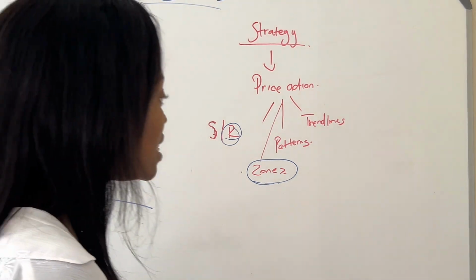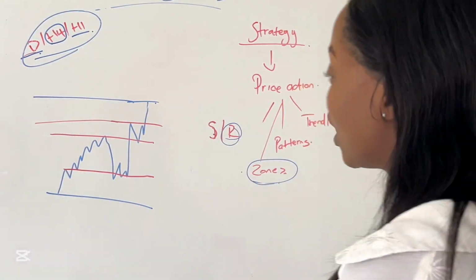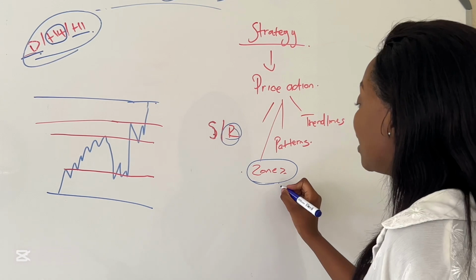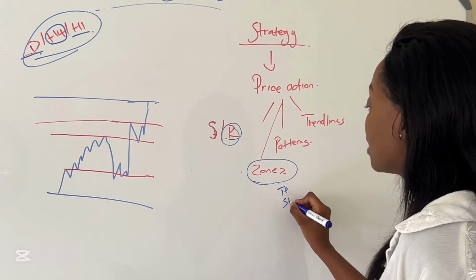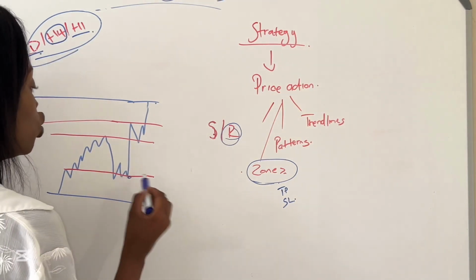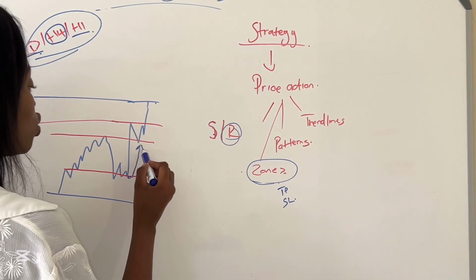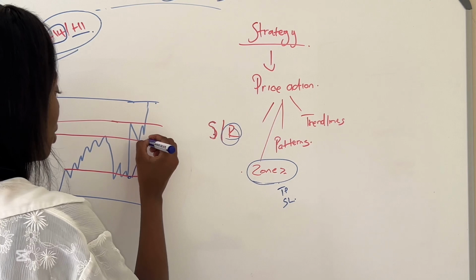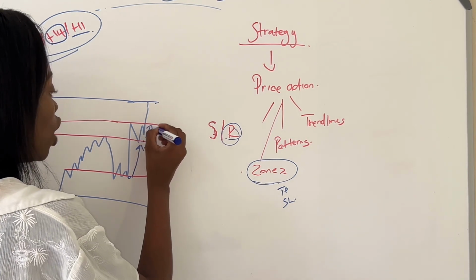They make it easy. So we usually use zones, guys, to look for the next TP or the next SL. I don't know if I'm making sense. So if you execute here, you know your TP will be on the next zone. Then if it breaks out of here, it means your TP will be on the next zone.